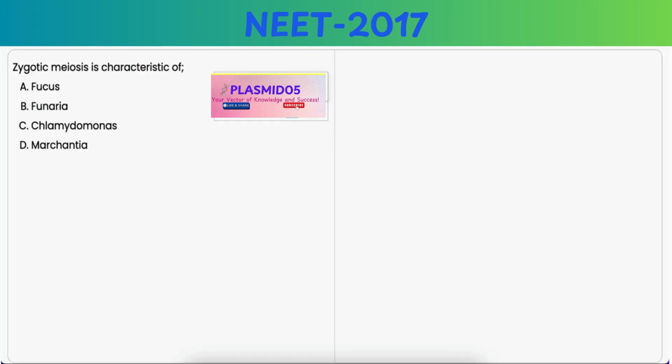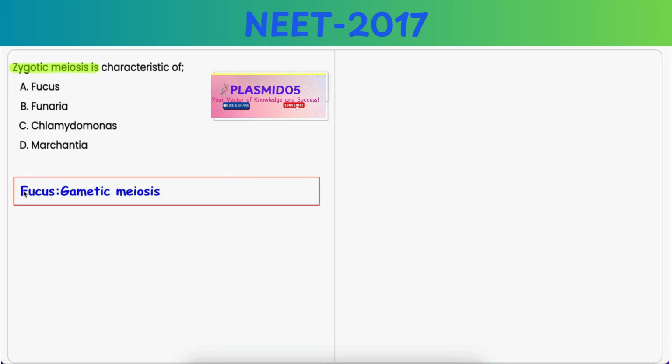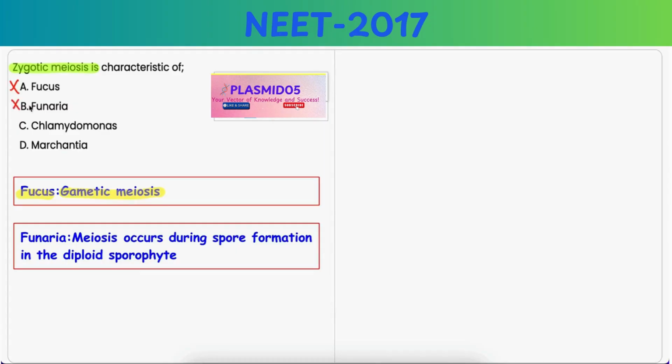In this question, you have to identify that zygotic meiosis is characteristic of life cycle of which organism? Option A, fucus. It is incorrect because in the life cycle of fucus, gametic meiosis is observed during gamete formation, but not zygotic meiosis. Option B, funaria. It is also incorrect because in their life cycle, meiosis occurs during spore formation in diploid sporophyte, but not in